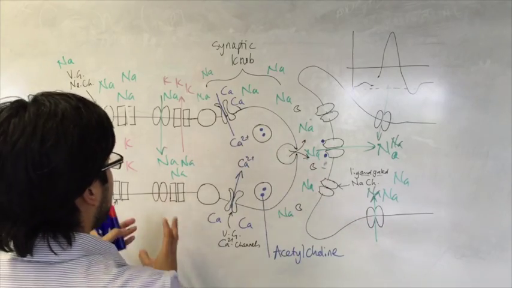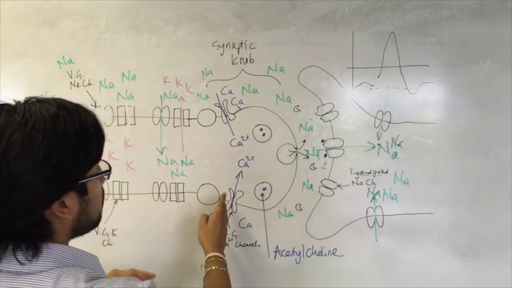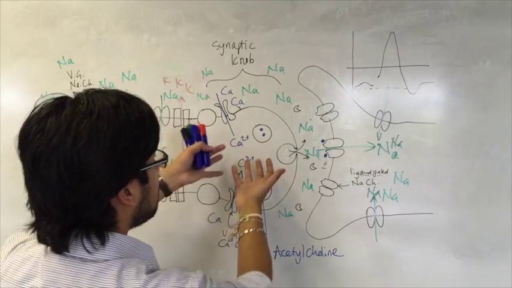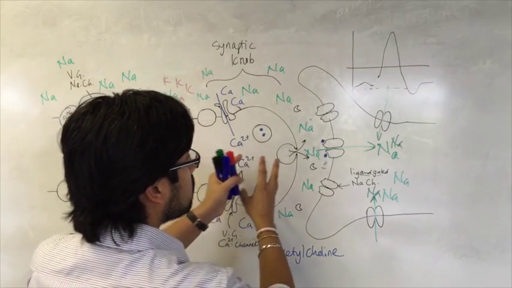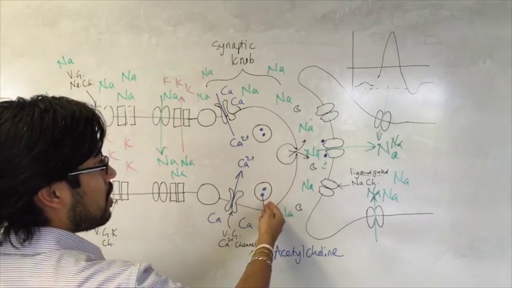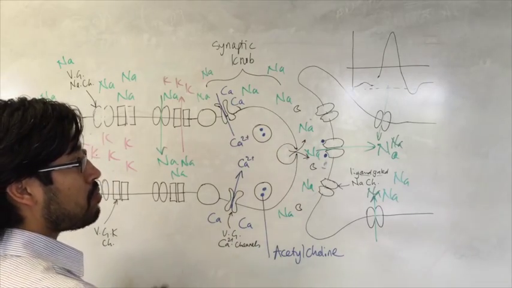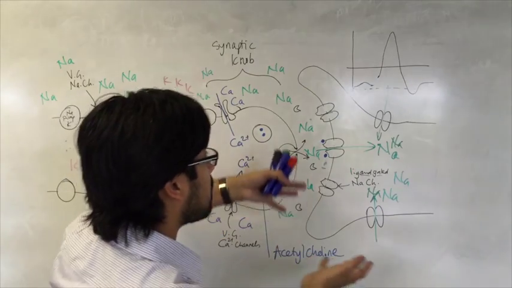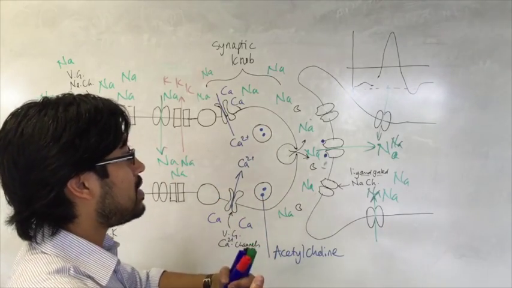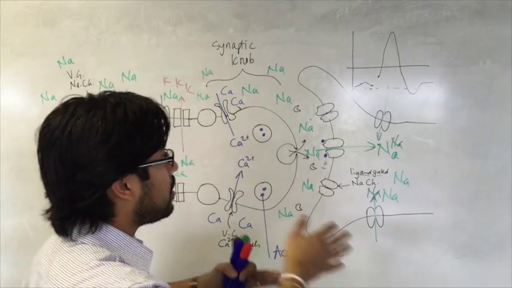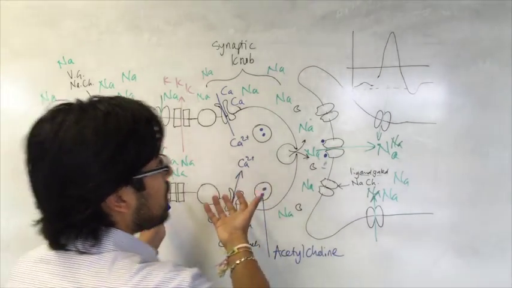Right, so when the action potential spreads up to here, voltage-gated calcium channels open, and calcium enters the synaptic knob and causes the vesicles to move towards the presynaptic membrane. Those vesicles fuse with the presynaptic membrane, releasing their neurotransmitter into the synaptic cleft. That neurotransmitter, in this case acetylcholine, diffuses across the gap, binds the ligand-gated sodium channels, they open, they let sodium